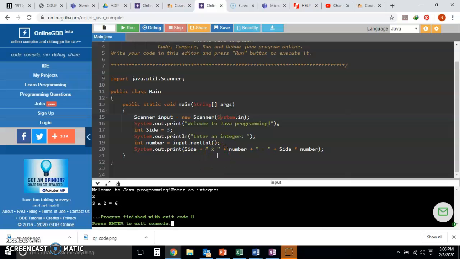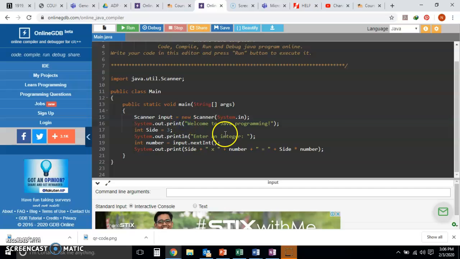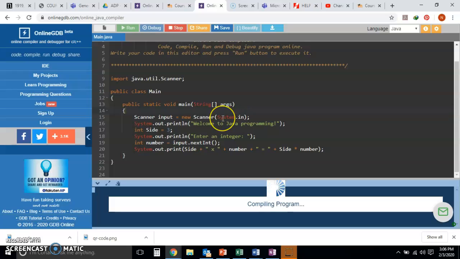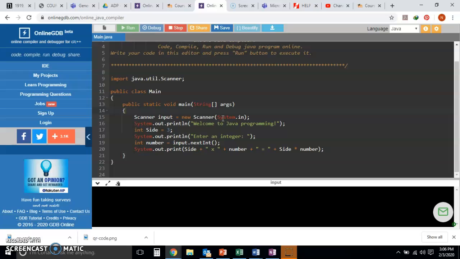So, or print line here, right? Line break, and we'll get that kind of a result. So that is a bit of formatting, then we just enter the number. So this is number, side is already set at 3. This is number here. It will be committed to number, and when I press enter, I get 24, which is this line here. Right? So that is the basic